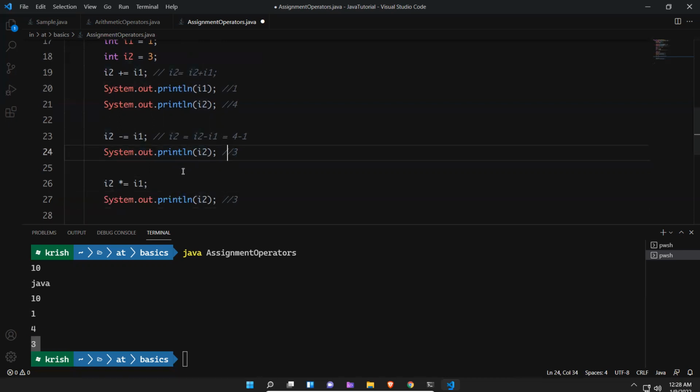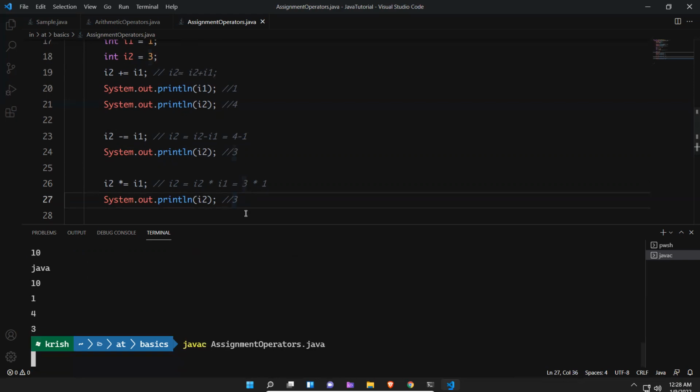We made it 3. How will it be? I2 equals I2 star I1. This is I2 is 3 star 1. Then it will become again 3. So 3 into 1 is 3.